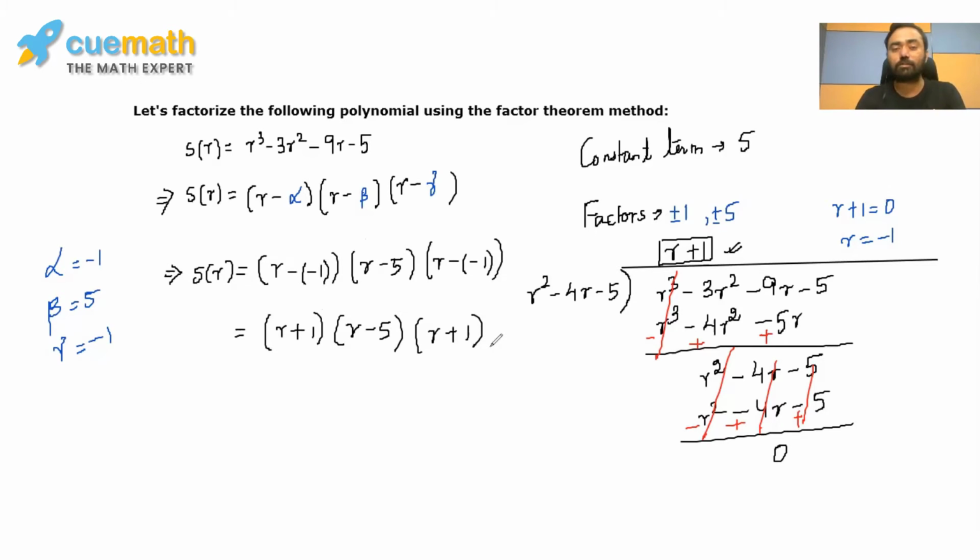So you just saw that a polynomial can be of degree 1, degree 2, degree 3. You can easily use the factor theorem to find its factors. So after looking at these questions, the factorization method using the factor theorem would be clear to you. You can try questions from your book using this concept. And if you have any questions, any doubts, any queries, you can post all of them in the comment section below. We'll definitely answer all the questions you have.